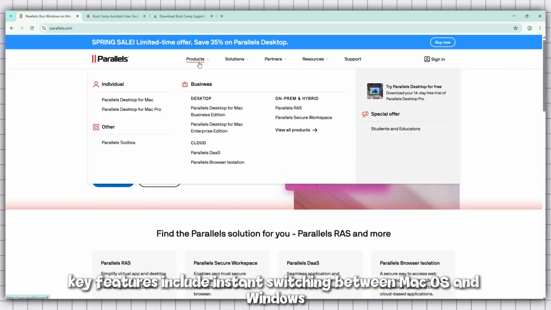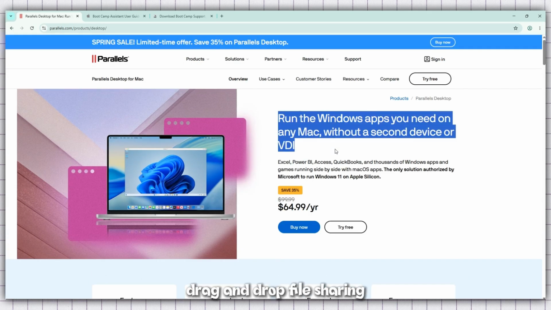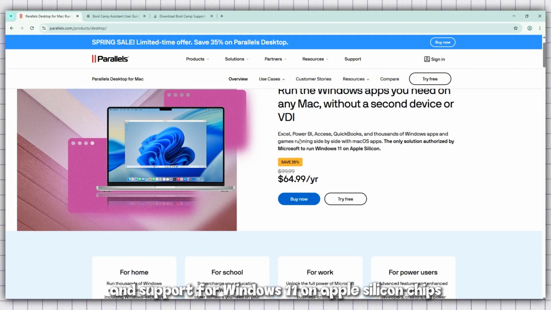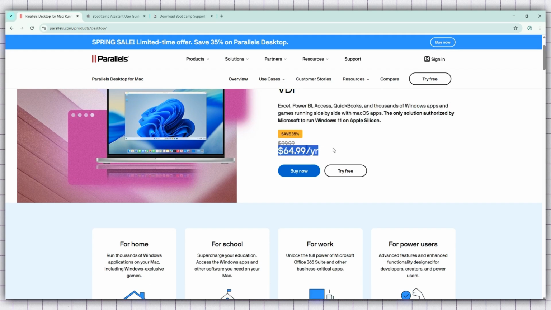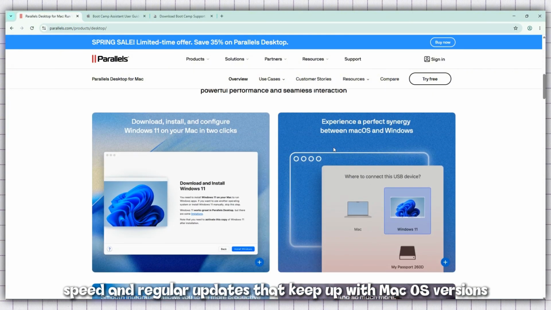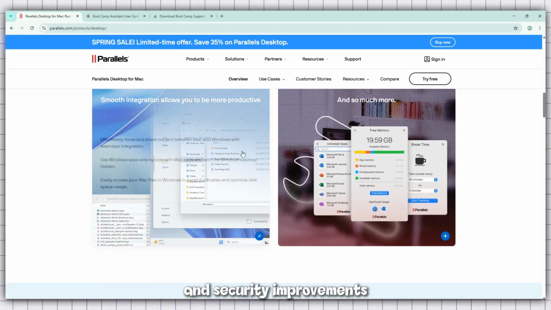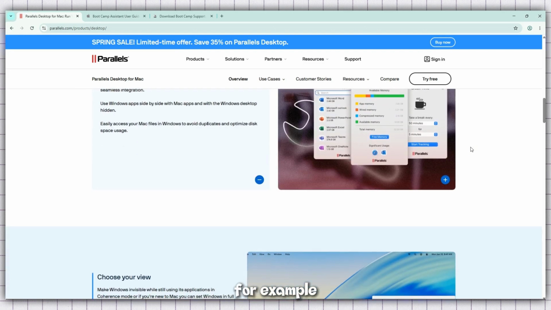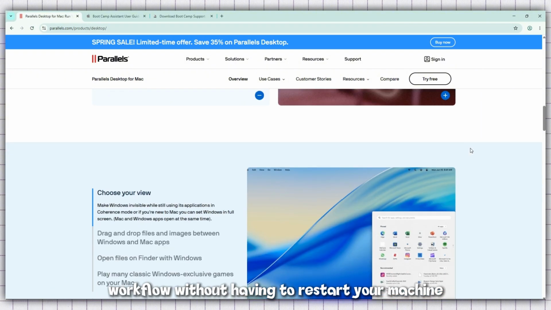Key features include instant switching between Mac OS and Windows, drag-and-drop file sharing, and support for Windows 11 on Apple Silicon chips, which means even newer Macs can run Windows applications without compromising performance. Its strengths are convenience, speed, and regular updates that keep up with Mac OS versions, ensuring compatibility with the latest features and security improvements. For example, you could run a Windows-only accounting app alongside your Mac workflow without having to